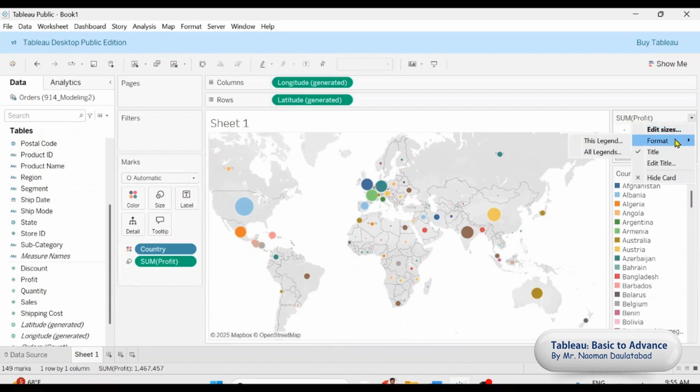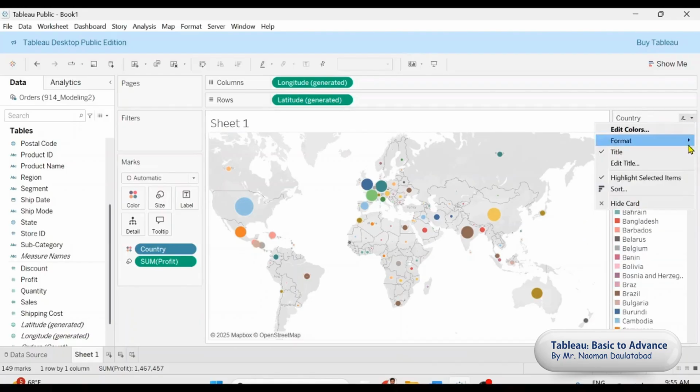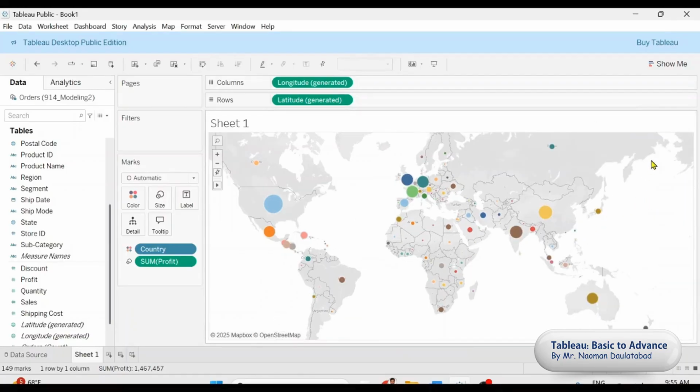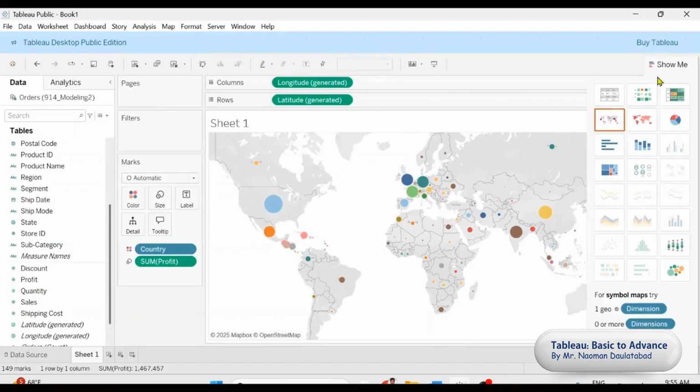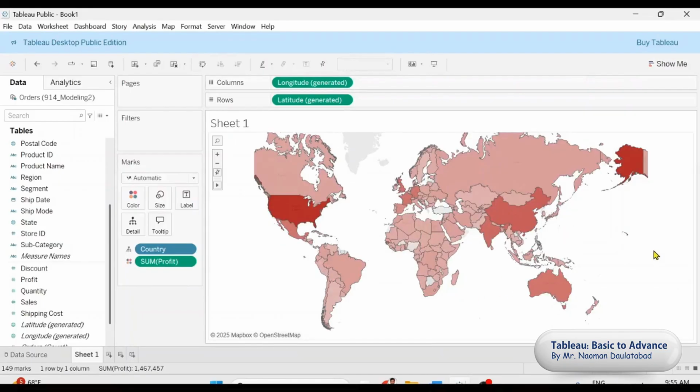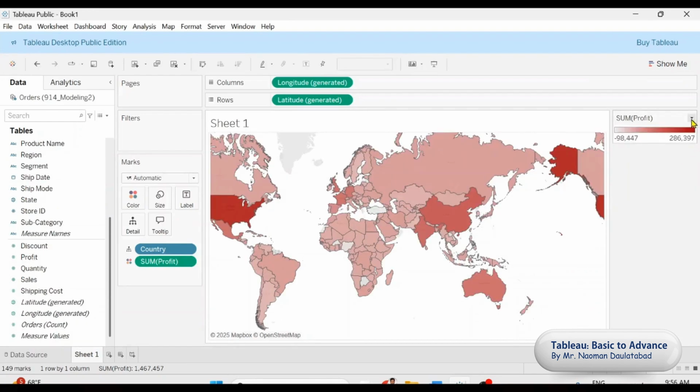You can format it, you can edit the title, all those things you can do. And if you want to enlarge it, you can also hide this panel. Okay, so this is how it works. I can also convert it into a filled map. A filled map is similar to your symbol chart, but instead of showing the symbol, it will fill the shape of your country with different colors. For example, if I say Australia, Australia has the lighter shade. It means the profit is not that much. I can always go there and edit it,